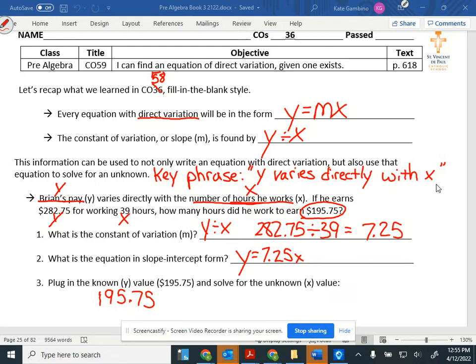I knew here my Y was $282.75 for 39 hours. Now he earned $195.75. So I have a new Y. And my X, how many hours, is my unknown. So if I put 195.75 in for my Y,